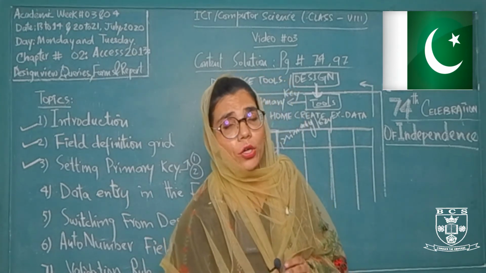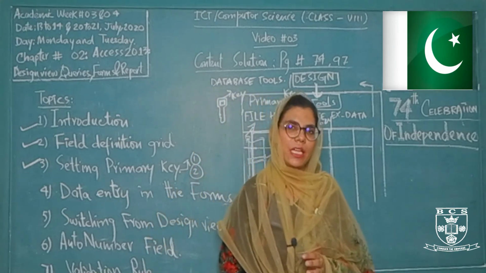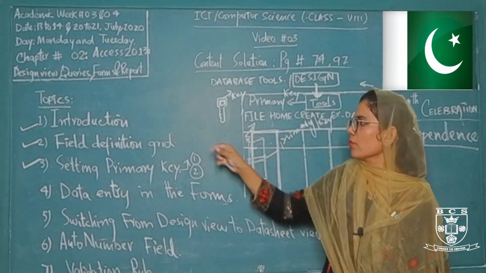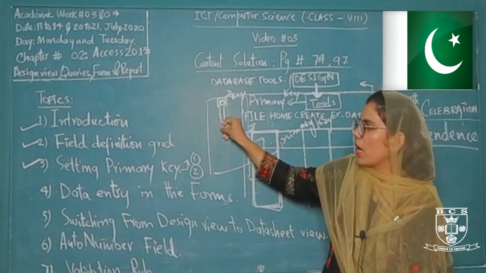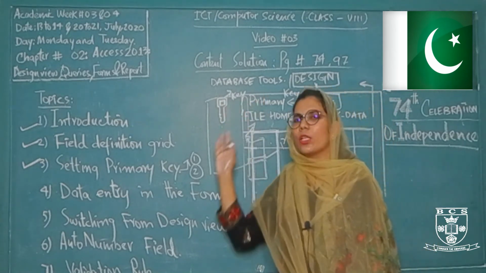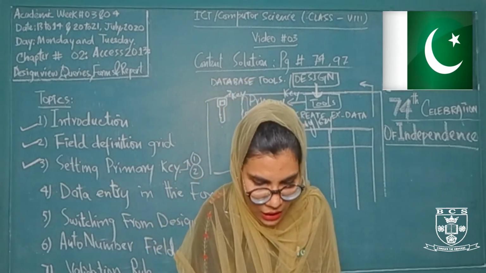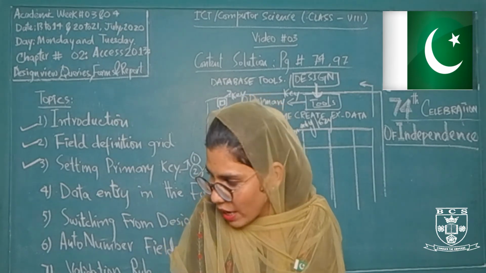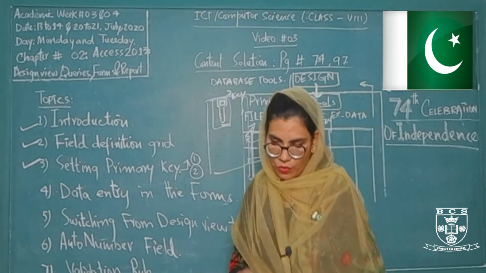Now if I want to delete my primary key field, in Access 2013 I cannot delete my primary key field until I remove this key mark from my category. For example, if I want to delete this field, firstly I have to remove this key mark. Key mark को remove करने के बाद जब ये primary key field आपकी convert हो जाएगी common field में, it will no longer be your primary key field. Now you can easily delete this field. But if it has this key mark or key symbol,